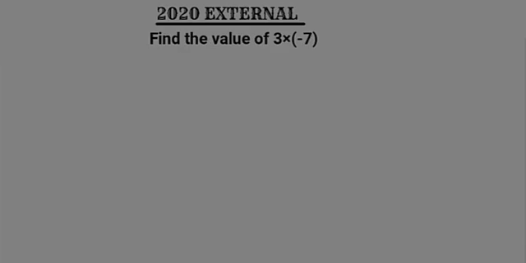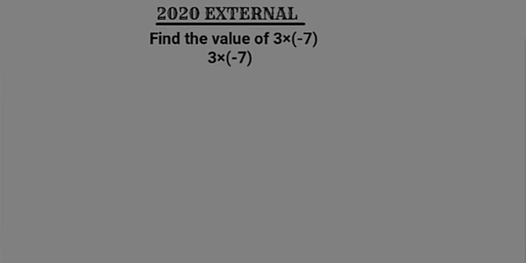Okay, this question is coming from 2020 external. That is the paper for external 2020, and the question was, find the value of 3 multiplied by -7. Find the value of 3 multiplied by -7. So what I'm going to do, I'm going to write this expression down here. So in this question, they are testing to see if you know